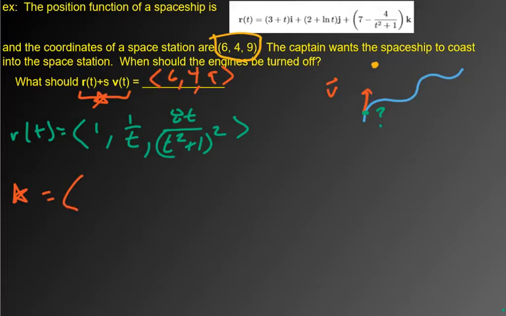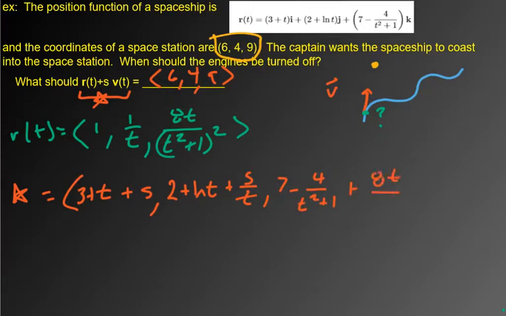So we got the i component of r, which is 3 plus t, so that's r of t, plus s times this, so then we would get really just plus s. Then we have 2 plus natural log of t plus s over t. So again, s is just multiplied in here because of that. Then we would have 7 minus 4 over t squared plus 1 plus 8t over t squared plus 1 squared. Okay. And all of that,